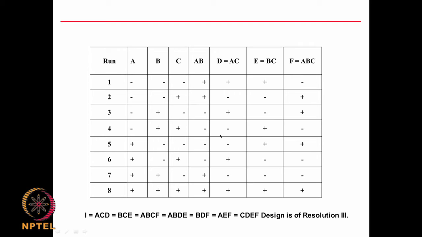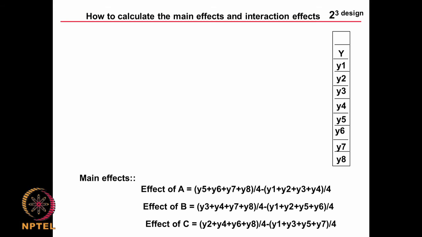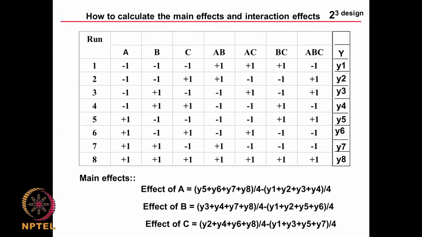Again, this is a resolution 3 design. So, main effects will be confounded with two-way interaction. So, we will not know whether it is two-way or it is the main effect. Having done your experiments, imagine you have done say 8 experiments with 3 variables A, B, C, and you